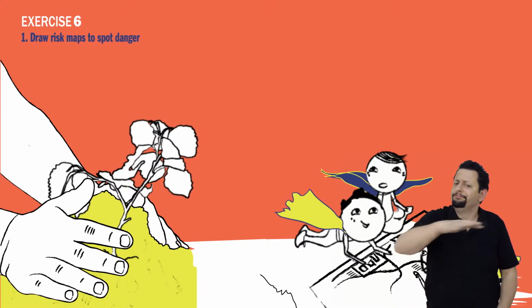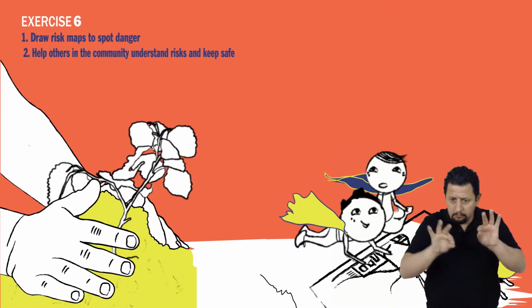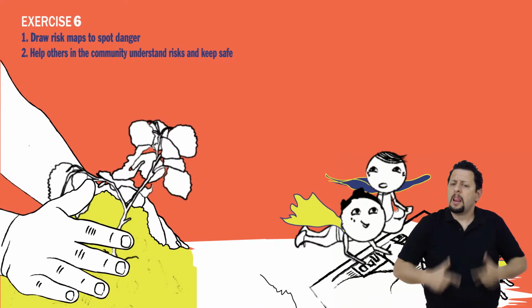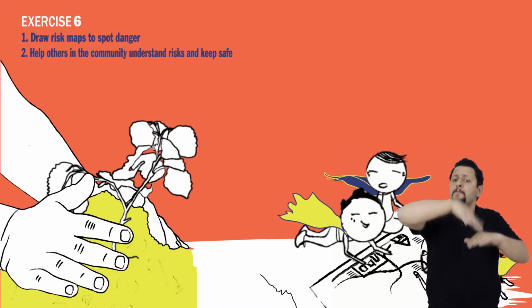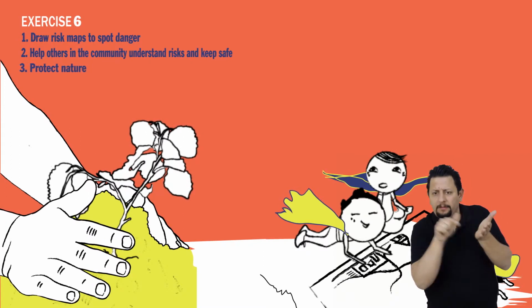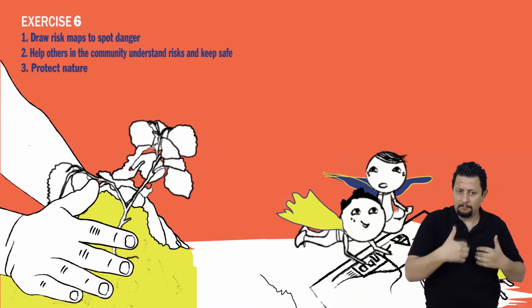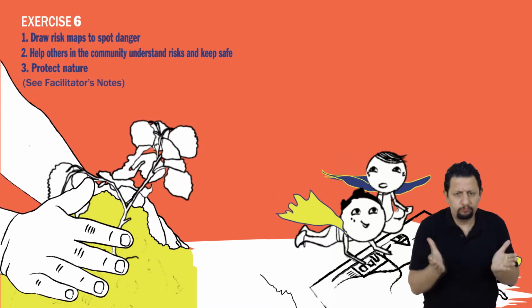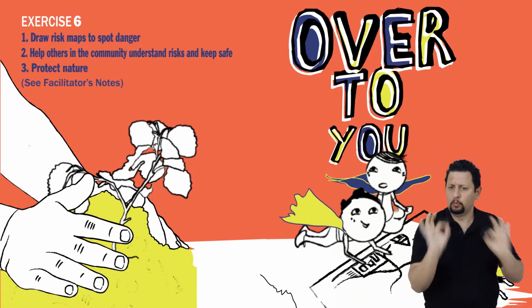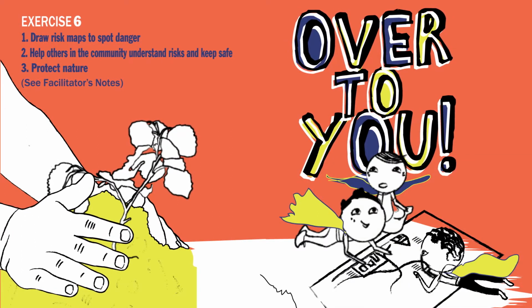Game. Exercise 6. 1. Draw risk maps to spot danger. 2. Help others in the community understand risks and keep safe. 3. Protect nature. See facilitator's notes. Over to you. On the left corner of the image, the red sentences. Below them, a hand planting a sapling. On the right, kids painting on the ground. www.seslibetimlemederneği.org